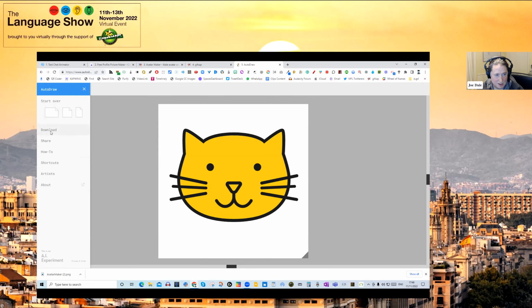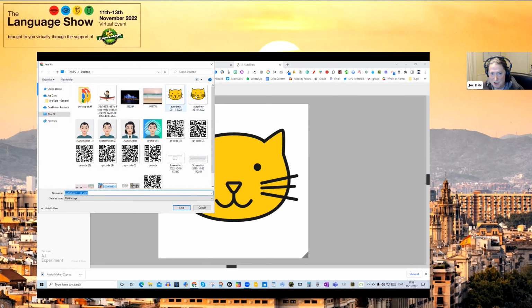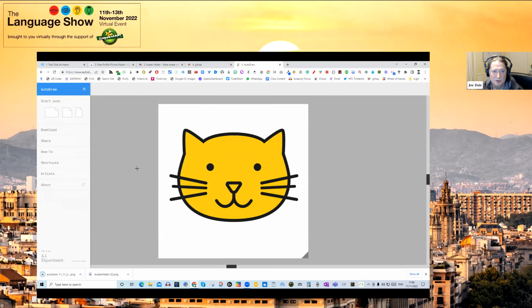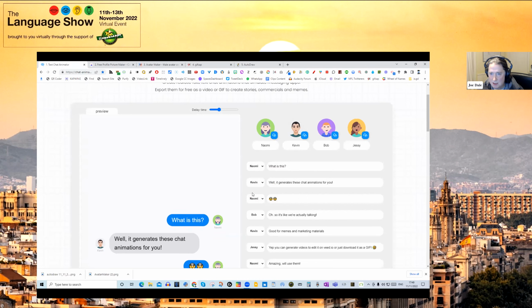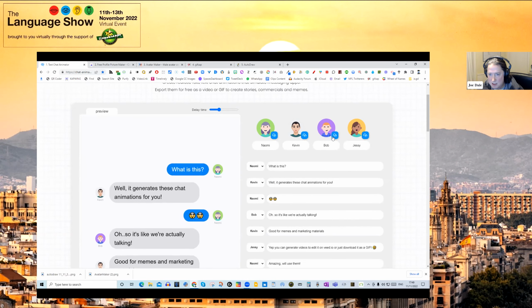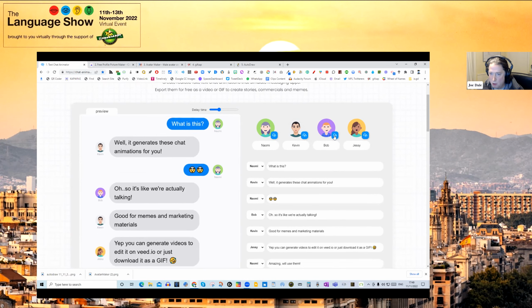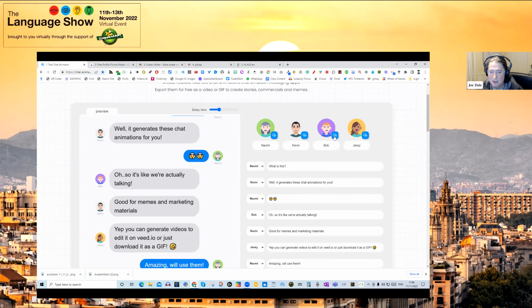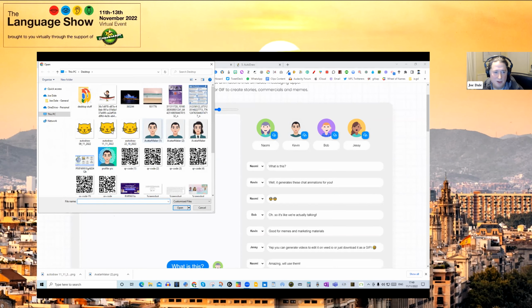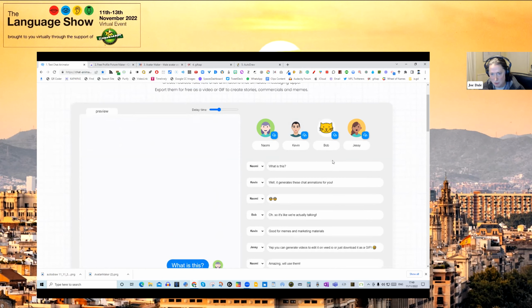So then you click download like this. And you can see, actually, I've got a couple of cats earlier, pre-made, which is always handy. You go back to the text chat animator. And this time, instead of this picture of Bob, I've decided that Bob is going to be a cat, which seems very appropriate to do that. So I'm going to click on there, choose my cat. And now I've got a lovely cat, which I'm now going to have a dialogue with.